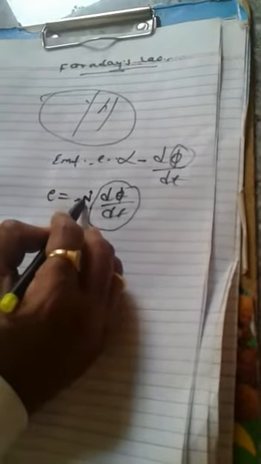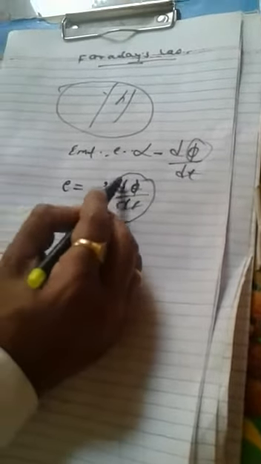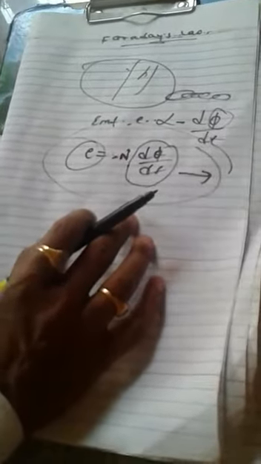N is the number of turns of that circuit, or the number of coils in the conducting body. E is the EMF. This is called the statement of Faraday's law equation. We can continue in the same Faraday's law as the integral form and the point form, where the point form is the differential form.